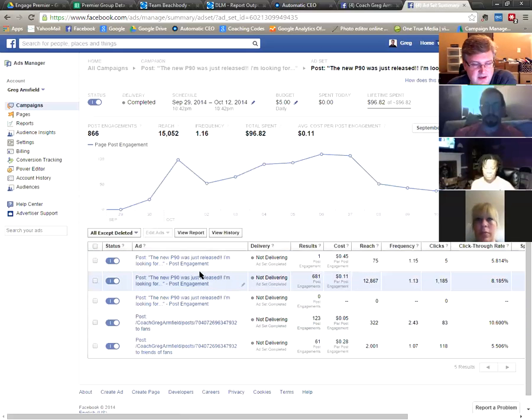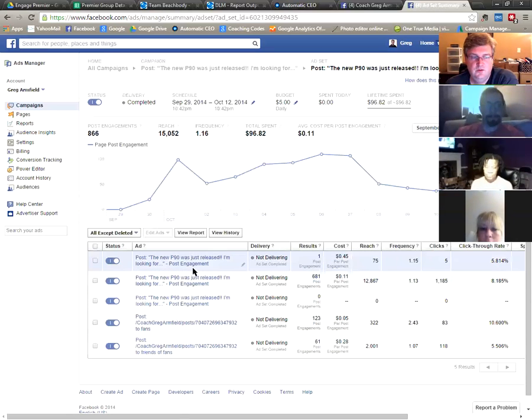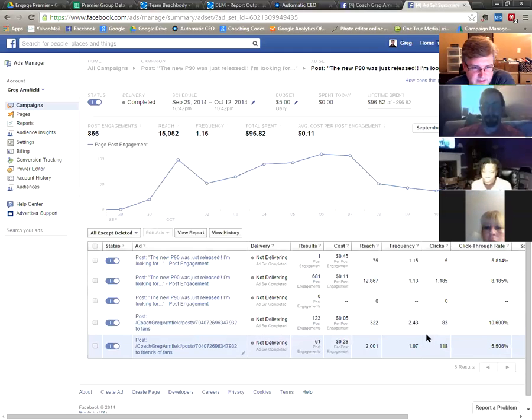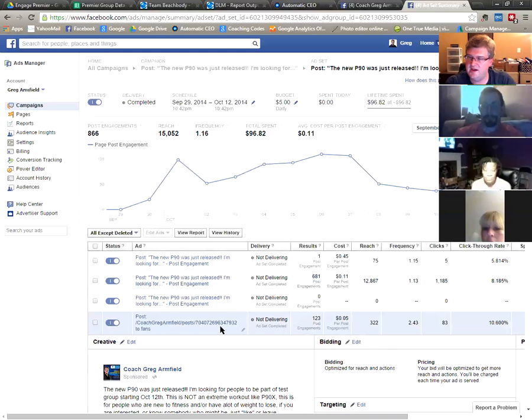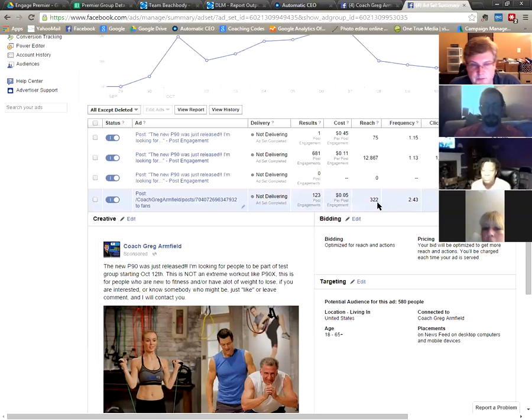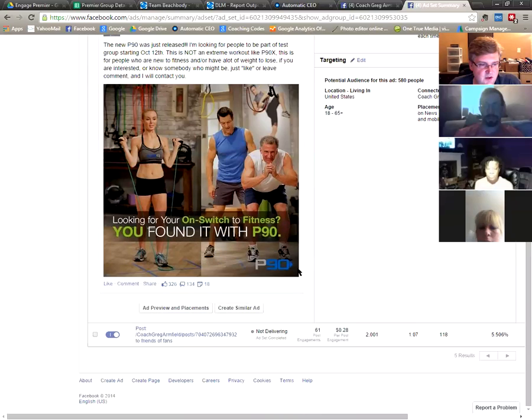So you can see here in this campaign, there are multiple breakdowns. The difference here is, see, this one there was 123 engagements, and these are different groups that I targeted. One time I targeted the campaign at just my friends, just people that liked my page, and maybe it reached 300 of them, right? And 83 of them clicked on it. But that's okay, because you can see right here where it says create similar ad.